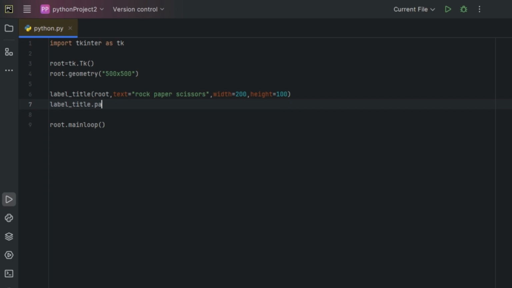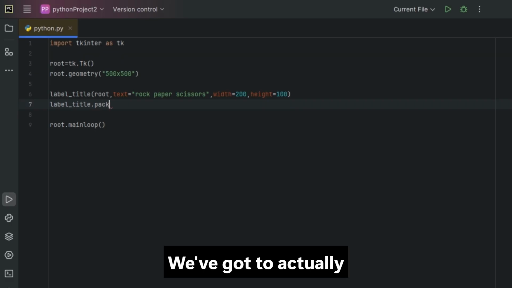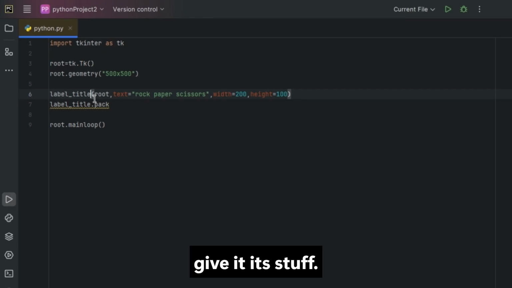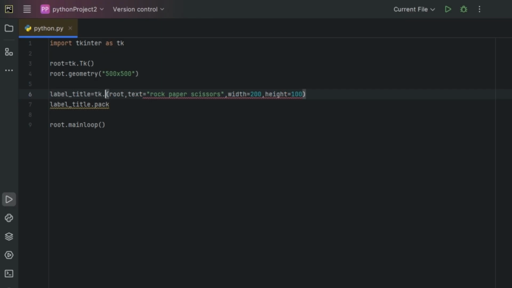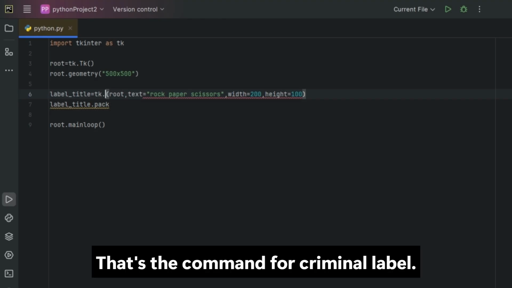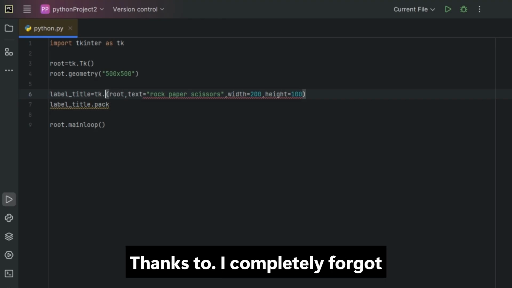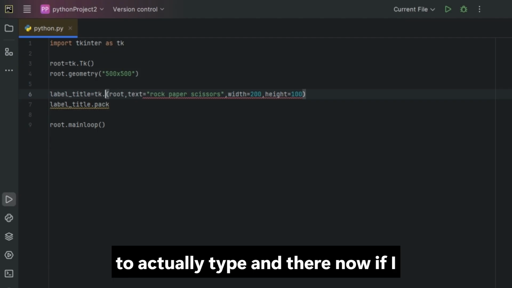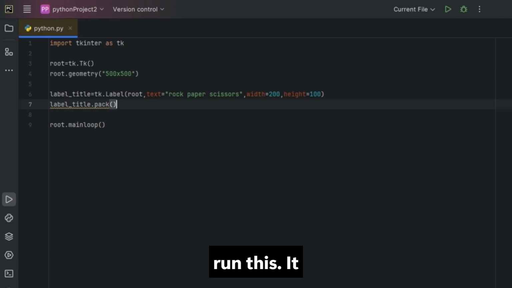We've got to actually give it its stuff: tk.Label. That's the command for creating a label. I completely forgot to actually type it. There. Now if I run this,